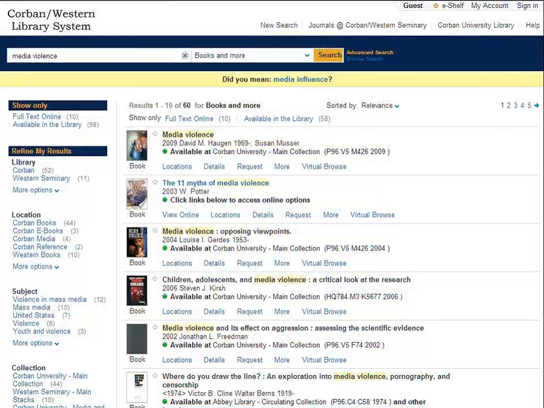Now, if you find these great books that you think will benefit your research, but you are either not on campus or do not want to go down to the library to get the books this time, what can you do? We have to find these books all over again?